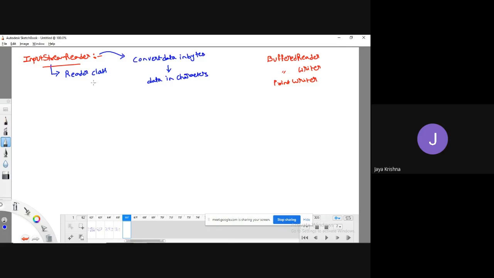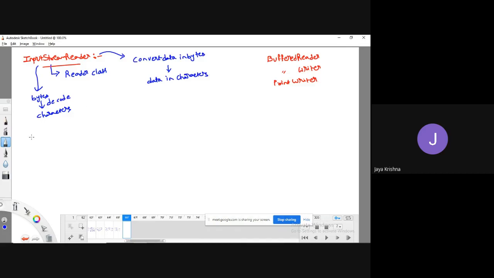Generally, there is an advantage of this input stream reader class. It is going to read the data in the form of bytes, and this byte data it is going to decode into characters by using a specified character set.